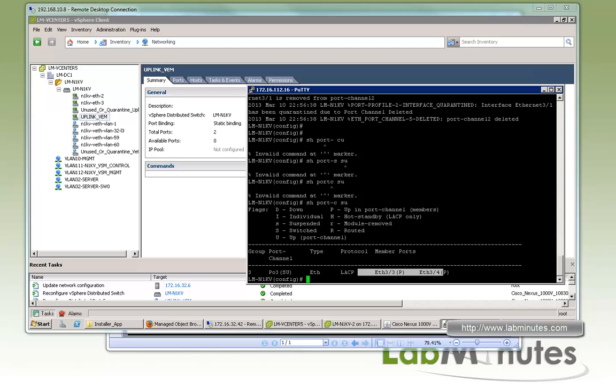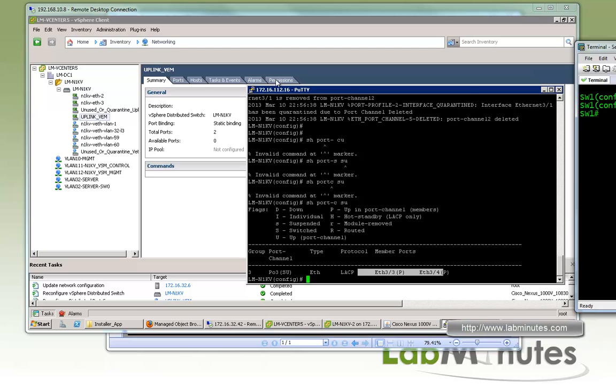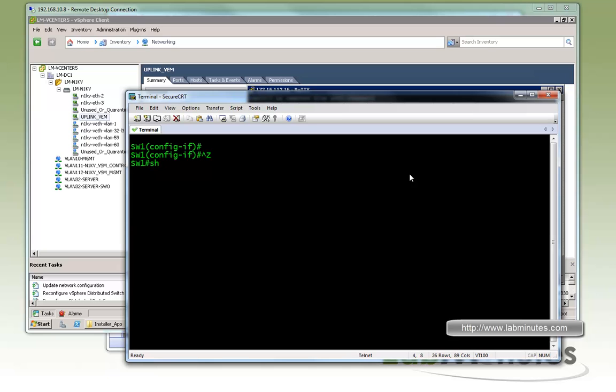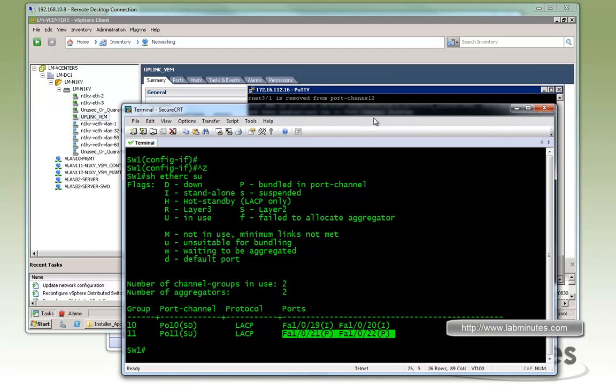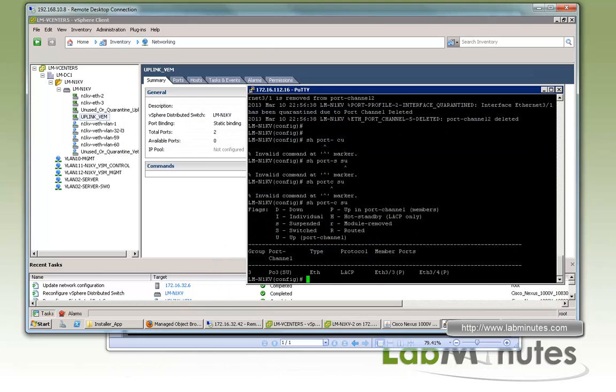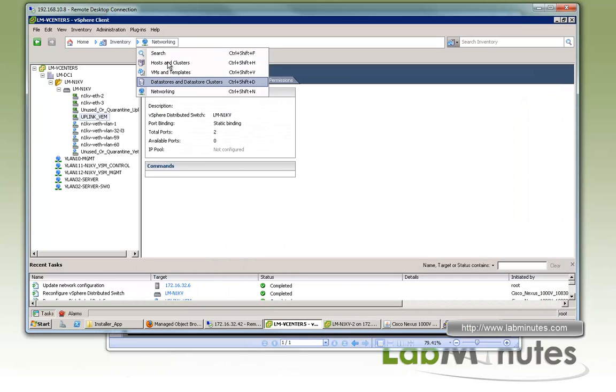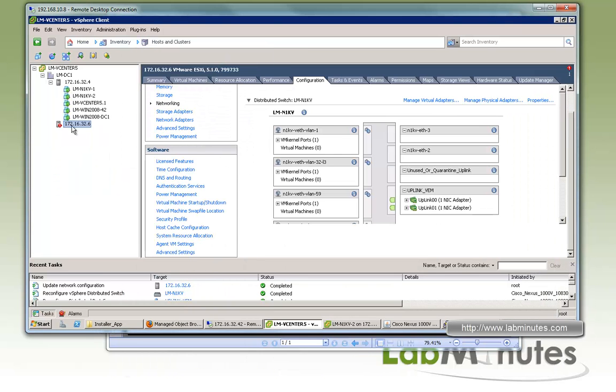Okay, if you were to log into the upstream switch right here and then show EtherChannel summary, we can see the corresponding ports have also become part of the port channel. All right, the port channel 10 is going to be for the ESXi1, which we will configure in a second here. Question now is, with our remaining host, which is ESXi1,